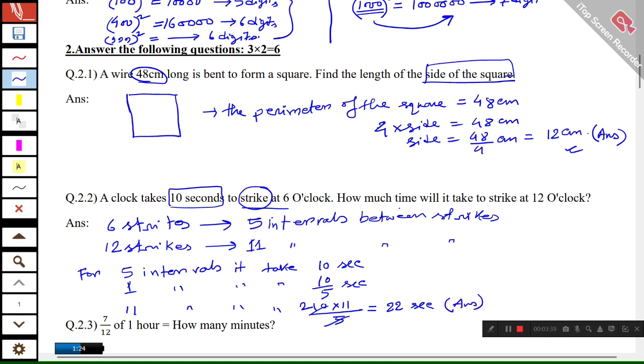কেউ যদি এটাকে 6 আর 12 ধরে করে তাহলে কিন্তু সেটা হবে না, ঠিক আছে? তাহলে দেখা যাবে যে সেখানে 20 সেকেন্ড চলে আসছে, সেটা হবে না। তো এটা হচ্ছে অ্যান্সার।